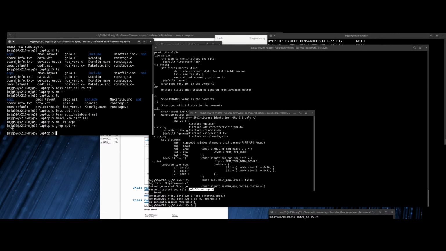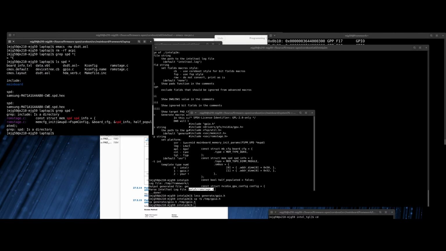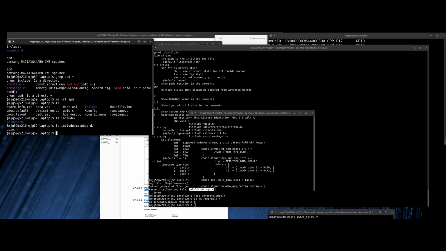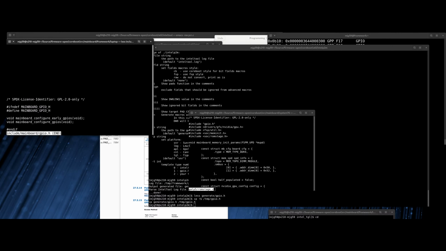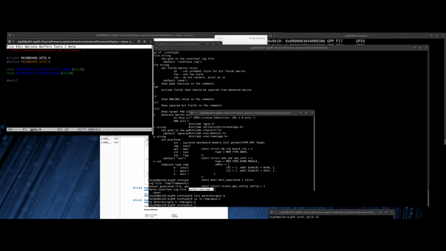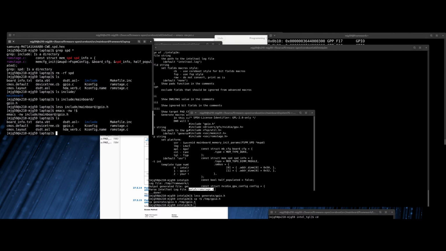Is this SPD data being included anywhere? Nope. Okay, so let's get rid of that SPD directory. And we removed the reference to configure early GPIOs. Okay, that is in principle